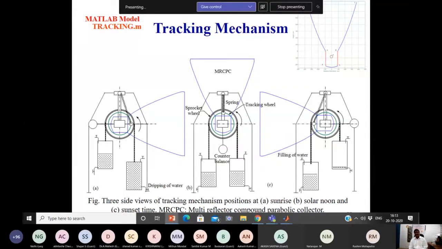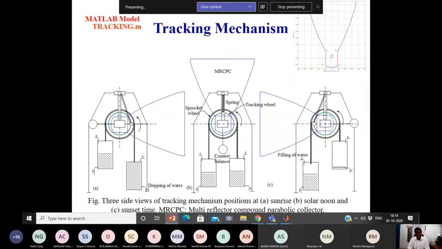So from sunrise to sunset it is moving continuously without any involvement of the observer. For example, an operator comes in the early morning, at sunrise time, and has to switch on this dripping action so that the fluid is recycling for the next morning. Then he can forget about that, because it is running continuously till sunset time without involvement of any changing of the position, like heat exchangers, parallel flow, counter flow, or maintenance of some observations. So it is running continuously. That is one of the advantages. Continuously it is moving as per the design. If the day length is designed for 13 hours, it will run for 13 hours.